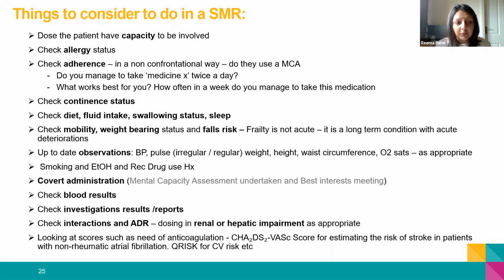Things like mobility and weight bearing and falls risk. So, a lot of the medications we prescribe have huge implications to fall risk, your anticholinergic burden, for example, and then you've got your Z drugs, your benzodiazepines might contribute to that, blood pressure medication. So, understanding their frailty is really important, because it really does change how you might view a patient. And then obviously observations, blood pressure, pulse, weight, that kind of thing, and smoking status and alcohol, all of those